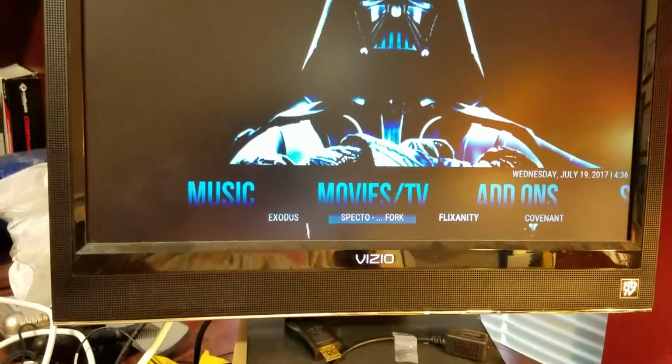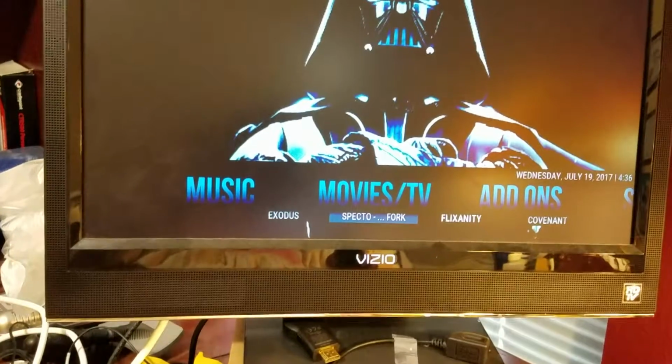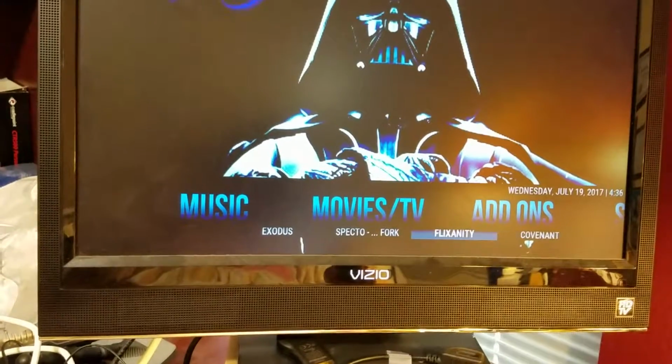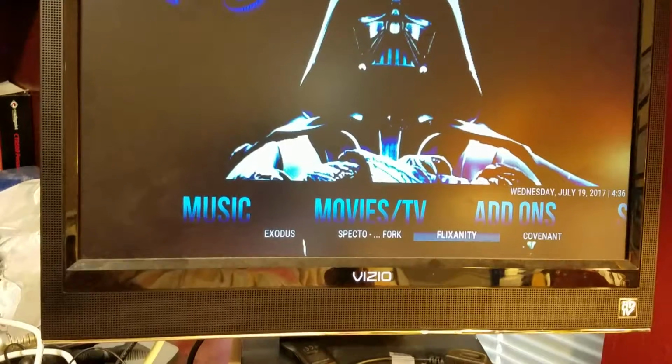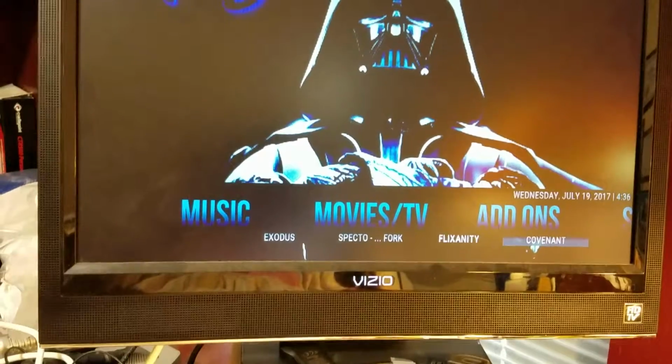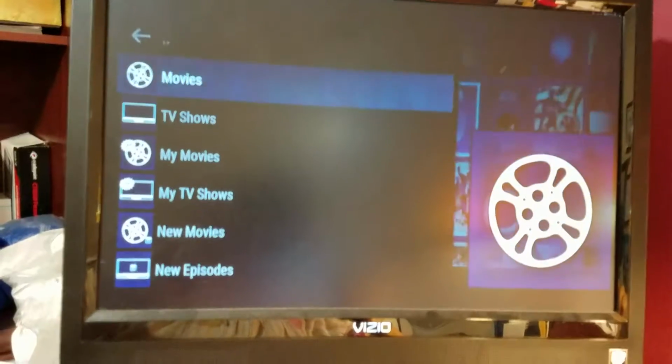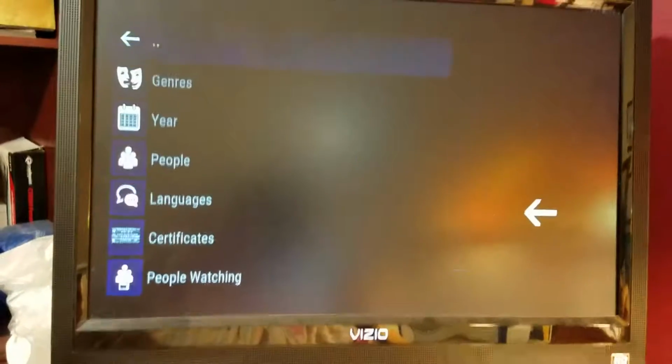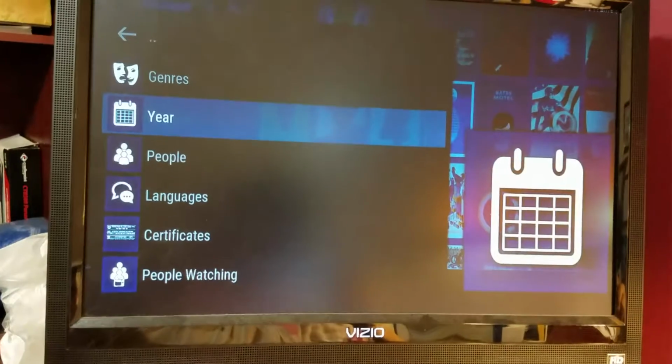Then you navigate down to the sub menus, and you go find one of these 4 different movie things. Sometimes things are on one, not the other. This is the one I've been using lately, Covenant. So you just go into Covenant, and it takes a second to load up, and then go down to movies. Could do TV, and I'm just going to go to year,